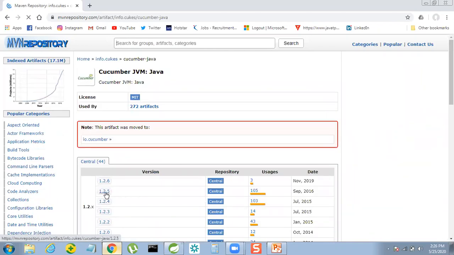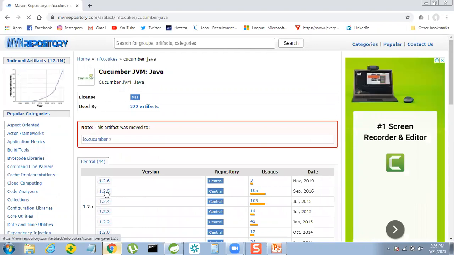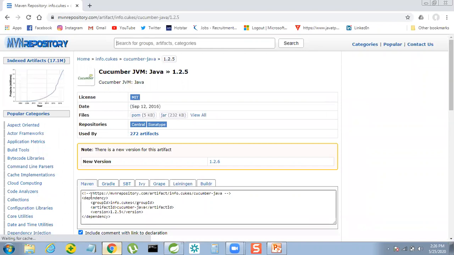So I'm going for a standard version, 1.2.5, because the usage rate is high. So I'm just going inside this. Okay. The same, we need only Maven.